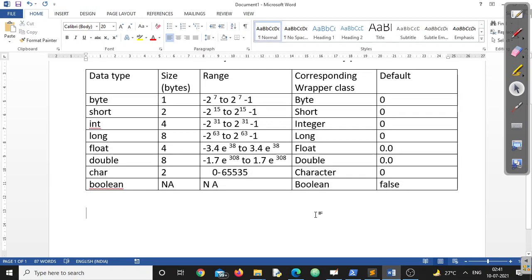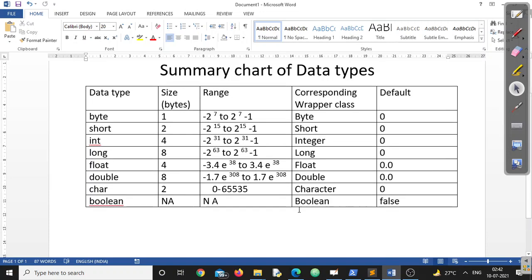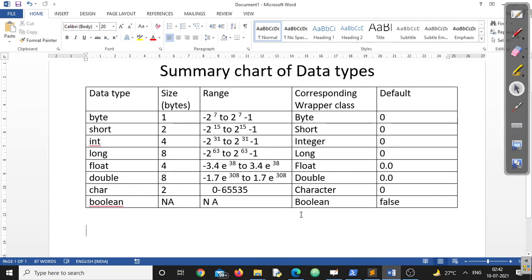In some other videos, we'll look into details about the wrapper classes, what the wrapper classes are, how they help me in programming, and what the advantages of using wrapper classes are, right? So that's it. This particular video only aims to condense the entire data type topic into a small table, so that it will help you for last-minute preparation for your examination, a presentation, or a class, right?